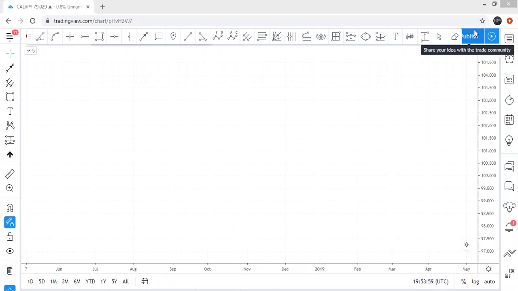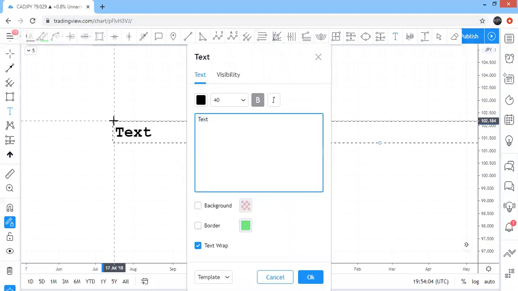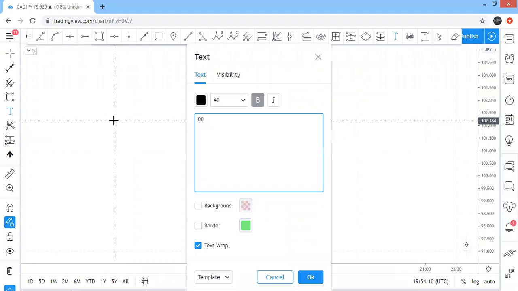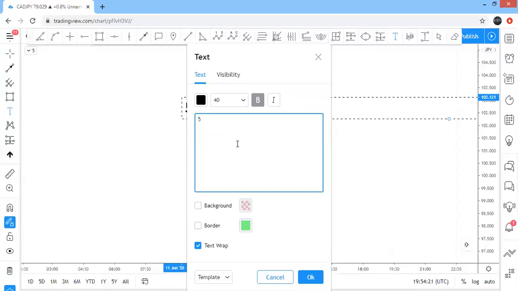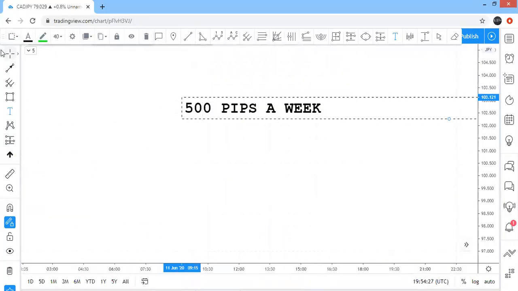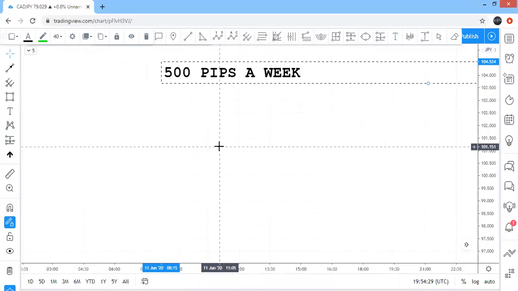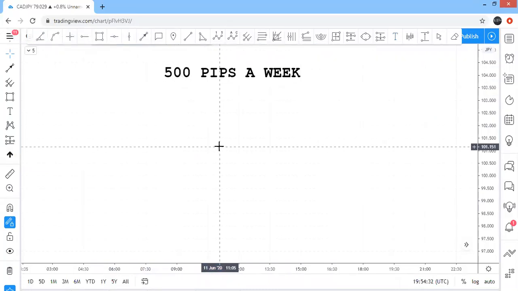But now it has changed. It's no longer 300 pips. The minimum a beginner should make in this village, which is turning into an empire, is 500 pips a week. That is the minimum I expect of you guys. 500 pips a week. It's a big task, I know, to ask of a beginner. But when you follow the strategies and the way of life of being a villager, you'll know that 500 pips is actually nothing.